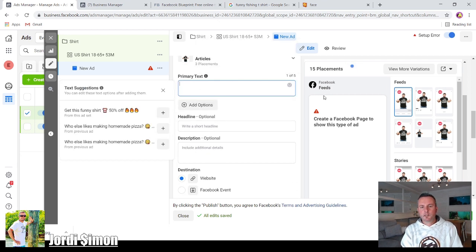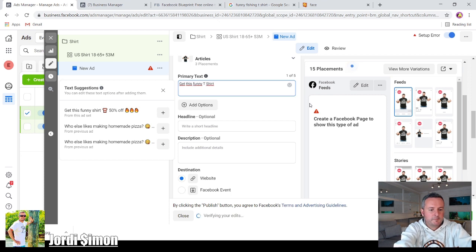And here we'll put in the primary text. The primary text is what shows up right above the image. You have like 2 or 3 lines you can use. So you put in primary text like a headline. Get this funny t-shirt, and below that, on sale now. This is just an example. I wouldn't do it like this, but just so you can see, you put in your primary text here, and then I'd add some